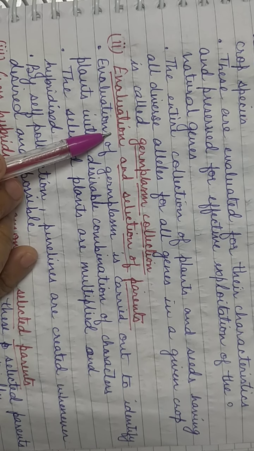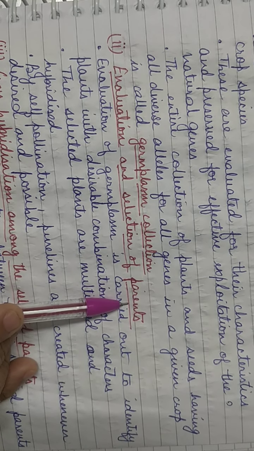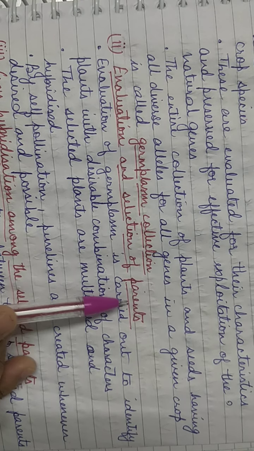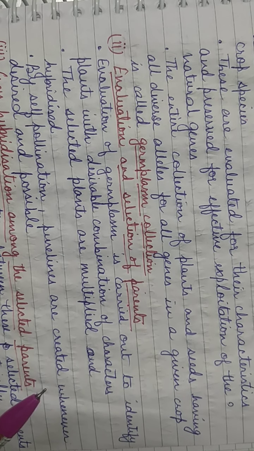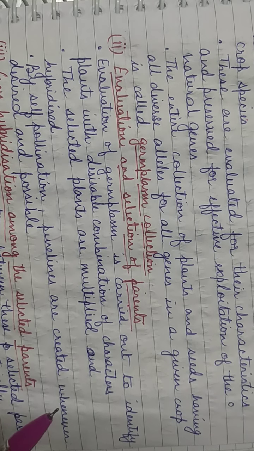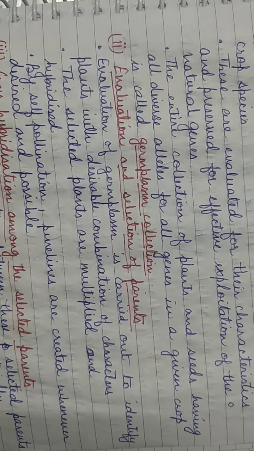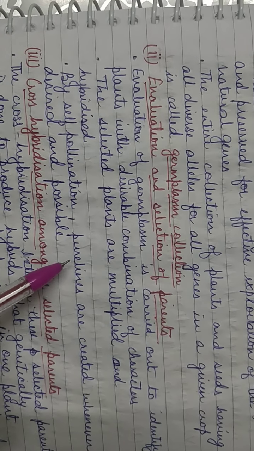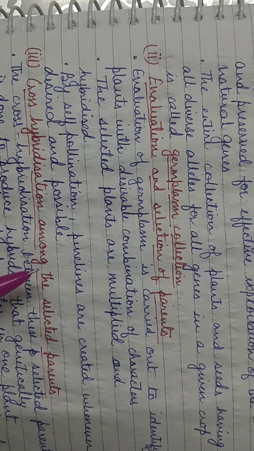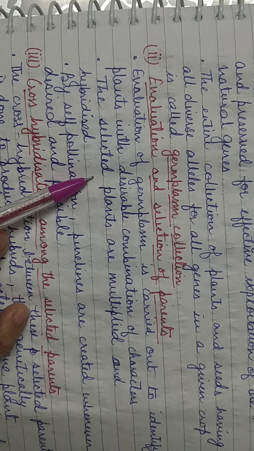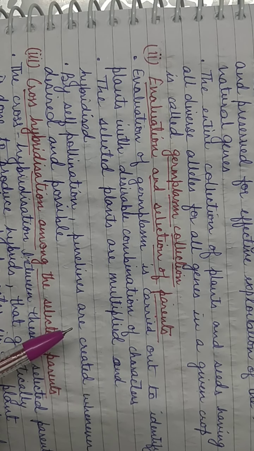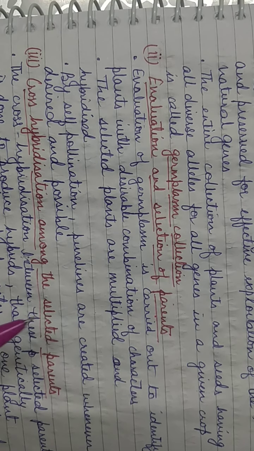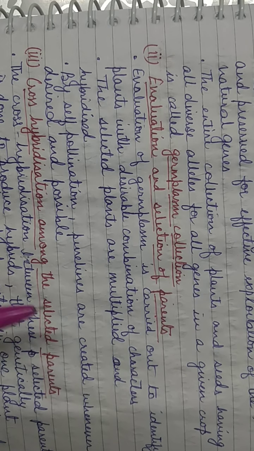Now after we have collected these different varieties, the second step is we have to evaluate these and select the parents out of these, because we want parents which are superior, which have the desired quality which we want to incorporate in the plant. Suppose we select two types of plants, one disease resistant, another high yield. Then these selected plants are multiplied and made many copies, and then they both are crossbred, they both are hybridized.